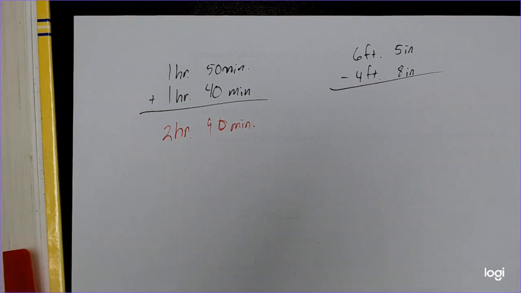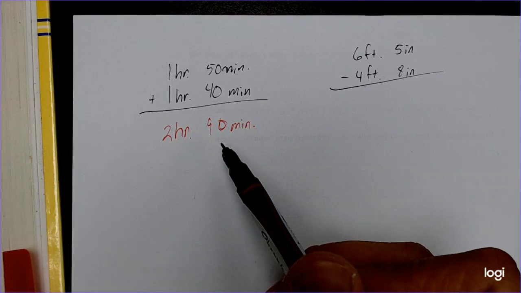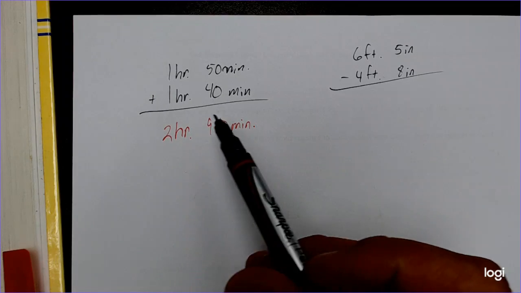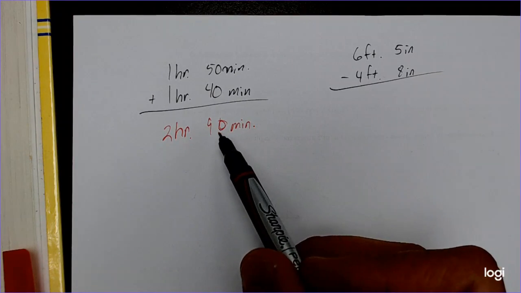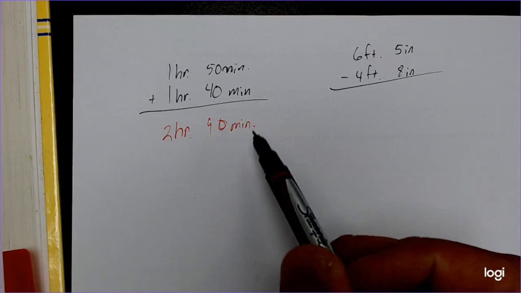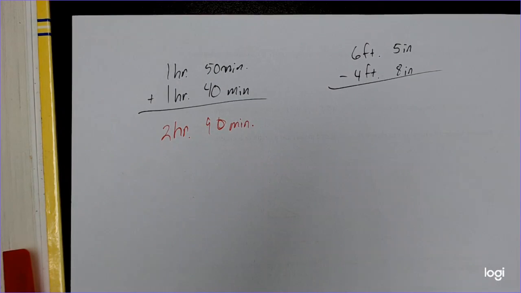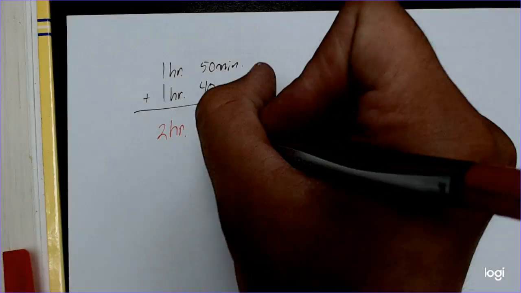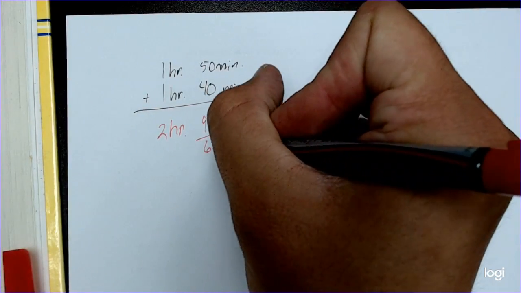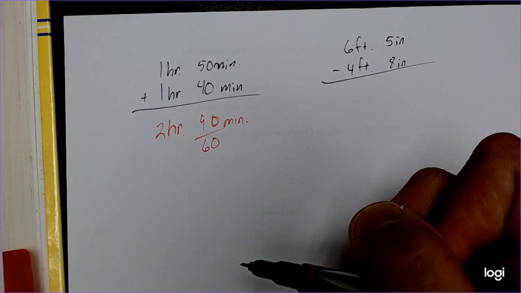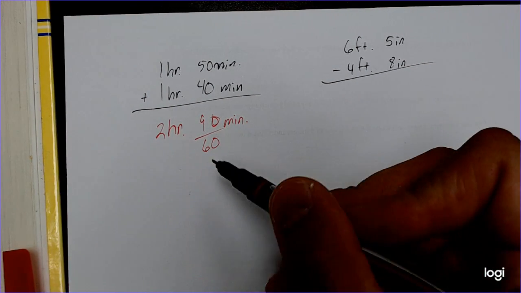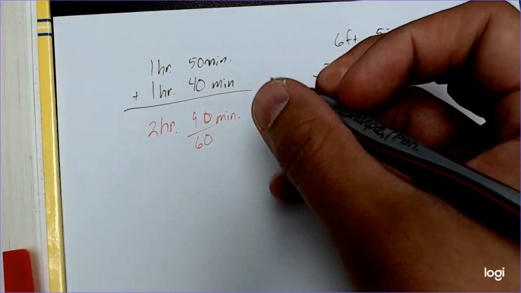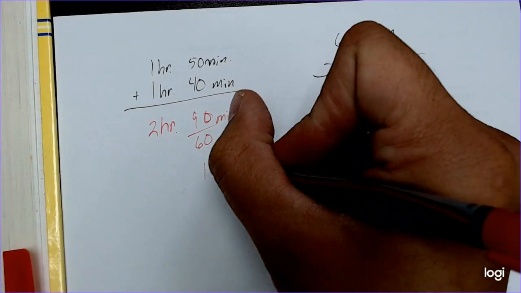But there's one problem with this. You wouldn't ever say 90 minutes, because how many minutes are in an hour? That's right, there's 60. So if there's 60 minutes in an hour, that means there's an hour inside of these 90 minutes. So I'm going to convert. It's kind of like having an improper fraction, right? I can write 90 minutes over 60 minutes in an hour. If I were to reduce, that gives me 1 hour and 30